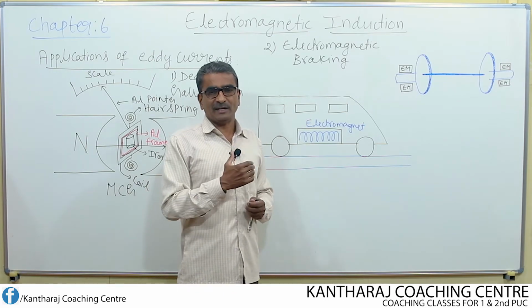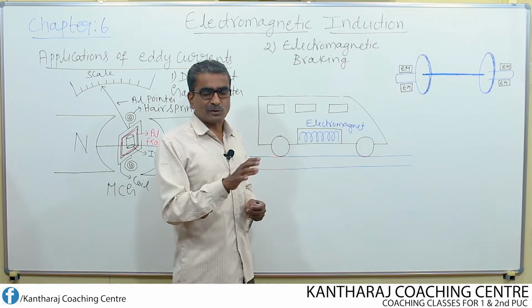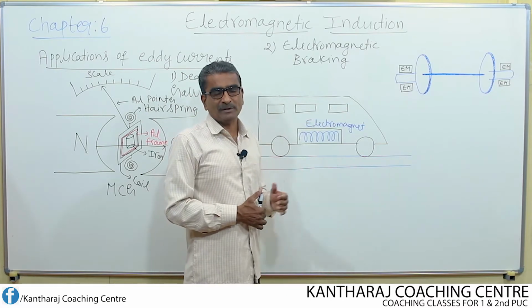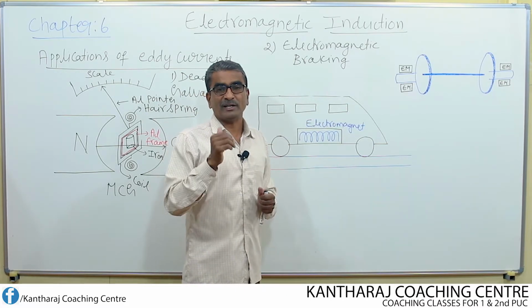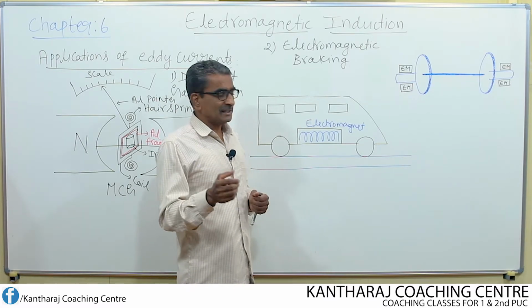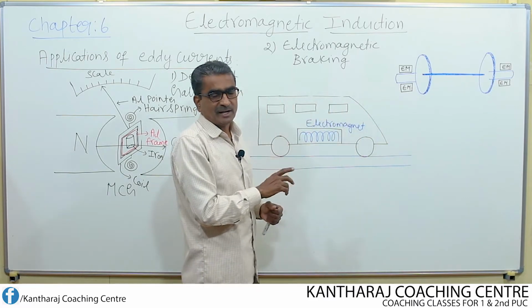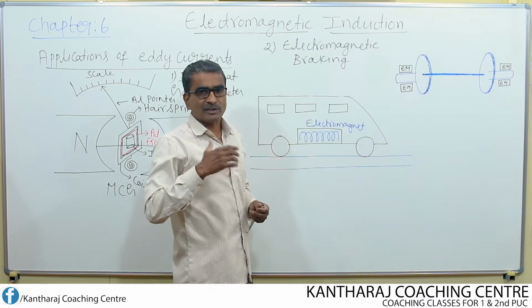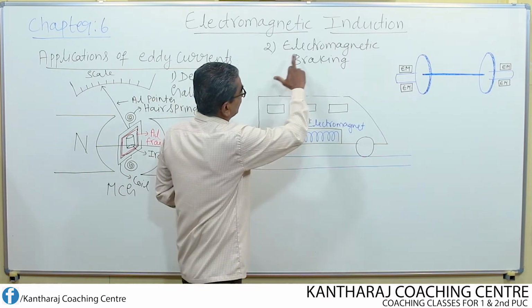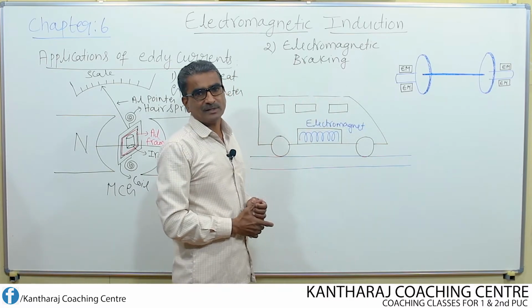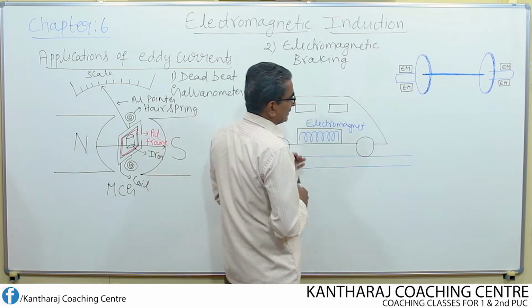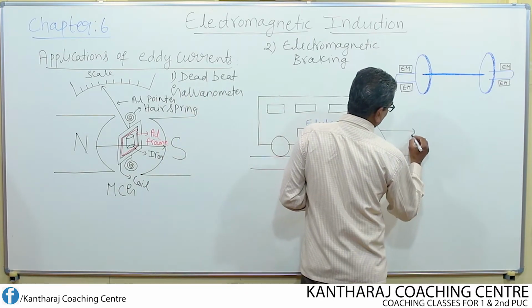When these materials are used as brake shoes to stop fast moving trains, they will tear off immediately, because the brake shoes are not able to withstand the large momentum of the train and also the high speed. That is why, to stop such fast moving trains, we make use of the electromagnetic braking system. What actually does the electromagnetic braking system mean? Now let us imagine this as a fast moving train. Okay.